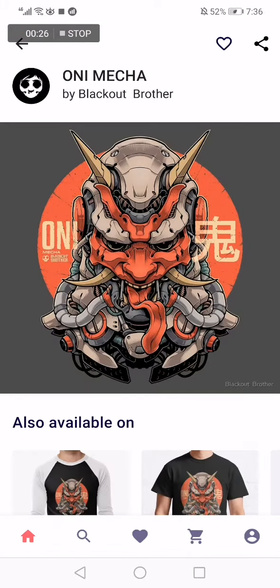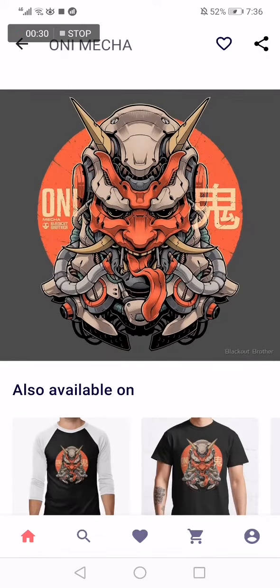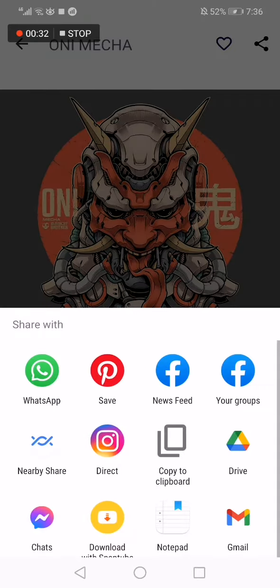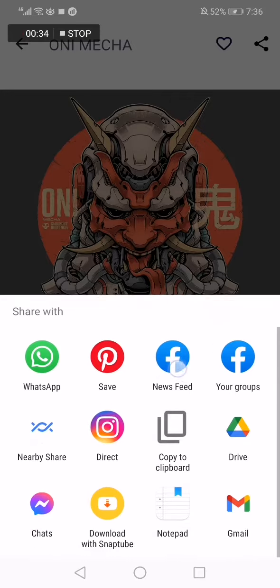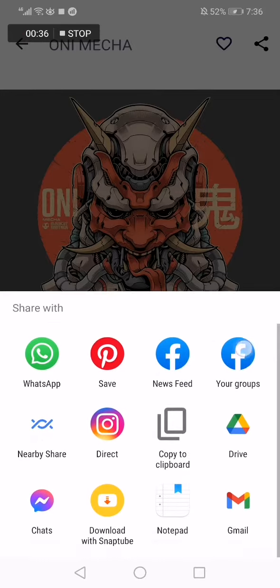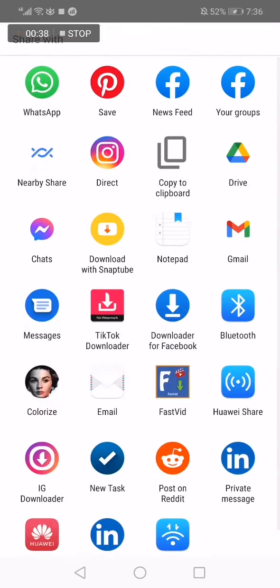Now if you want to share it, just go to the top corner right here and click, and here you go. Now you can share it to Facebook newsfeed, or you can share it to Facebook group as you can